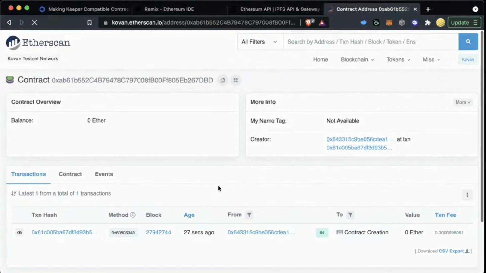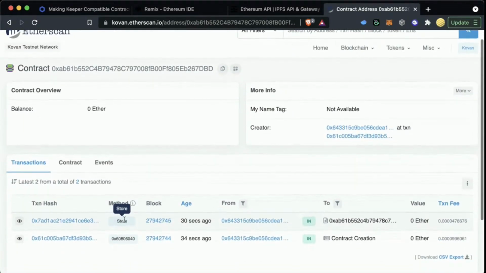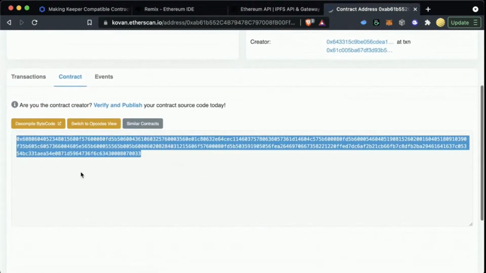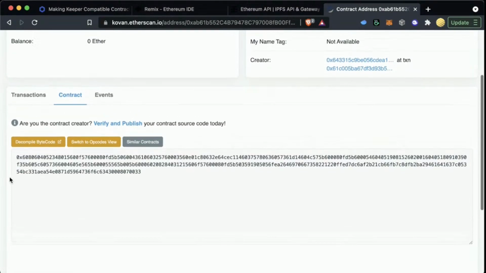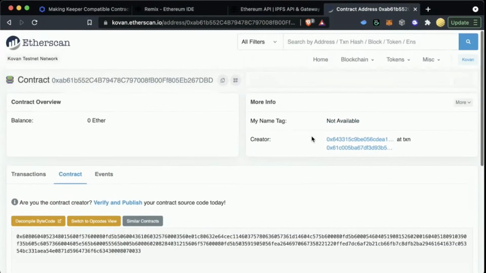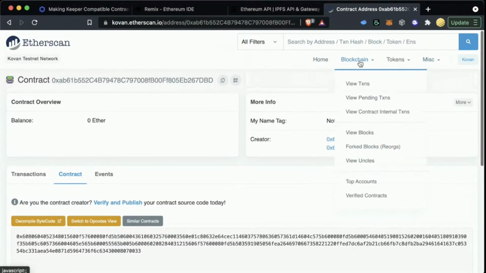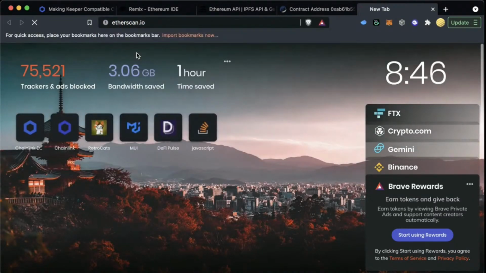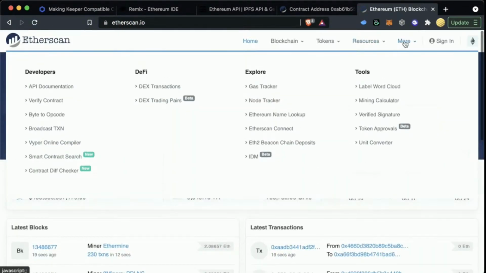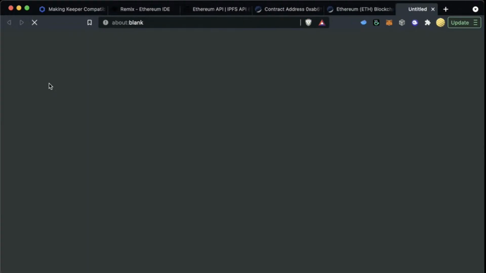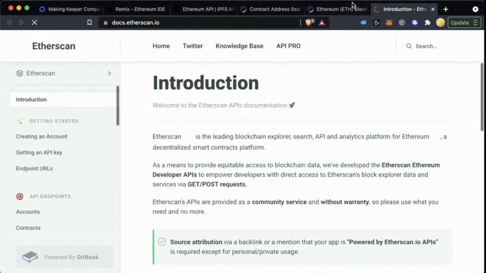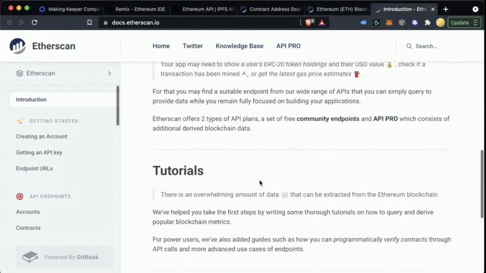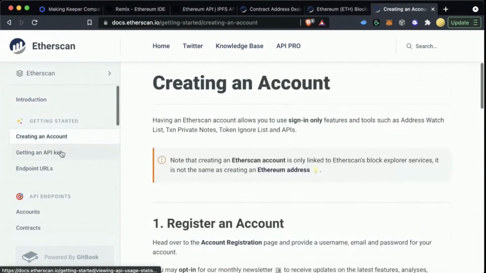But we have this piece here, which is awesome. We can even see we called store here. Now, if we go to contract, it's going to be just the bytecode, which isn't very useful for us. We want to be able to see what this code looks like. So on Etherscan, we can actually get, where is it? API documentation. We can get an Etherscan API key to verify our code. And here's the docs on how to create an account and get an API key.